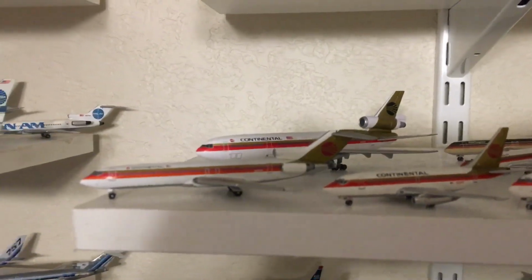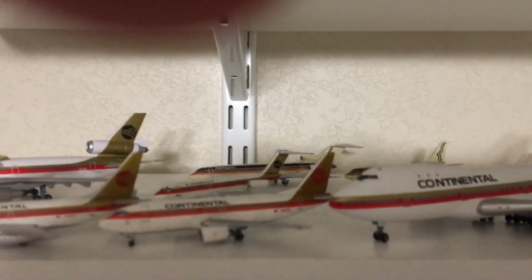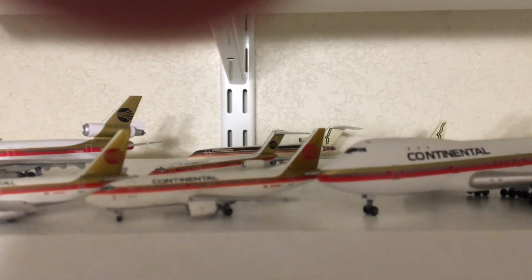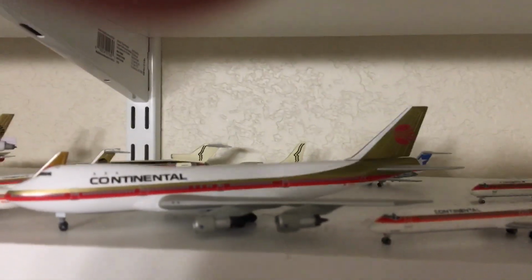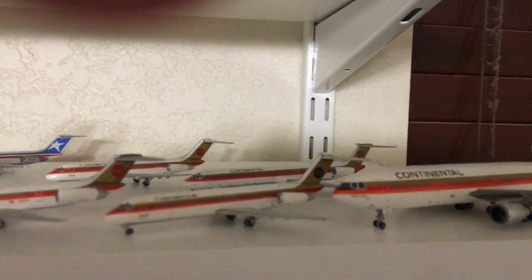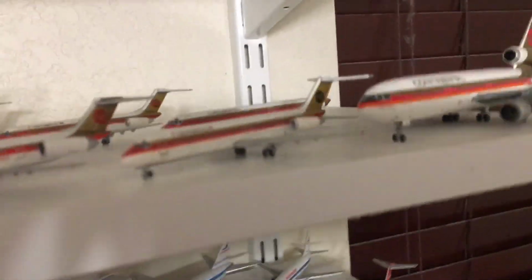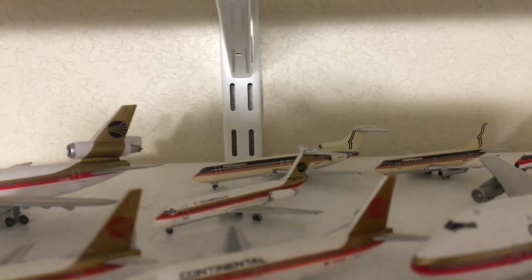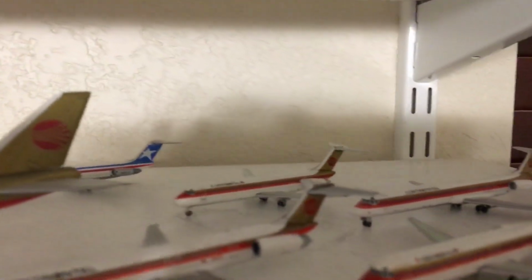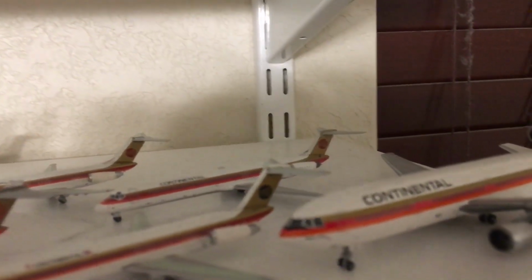Alright. Continental 727-200 Gemini jets, Continental 737-200 Gemini jets, Continental 737-300 Aero Classics, Continental 741 Dragon Wings, Continental MD-80 Gemini jets, Continental DC-930 net models, Continental DC-10 Aero Classics. Continental DC-10. Oh no, this one is Gemini jets. This one back here is Dragon Wings. Continental 737 or DC-930 rather, net models. And then a third DC-930 Aero Classics, and then the Continental MD-80 Dragon Wings